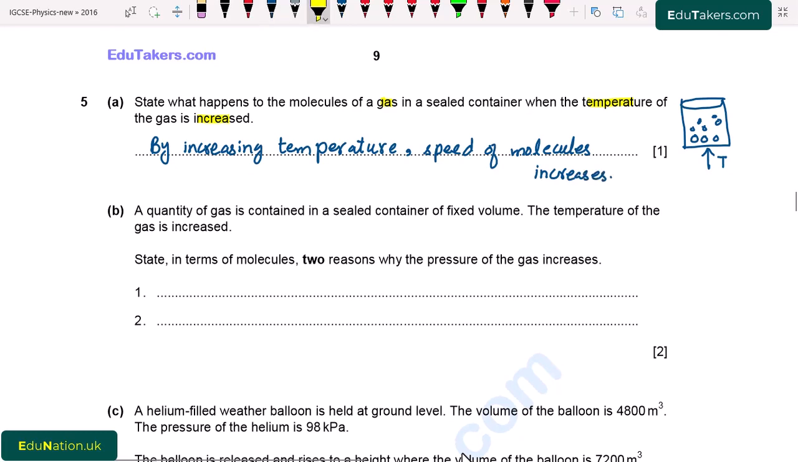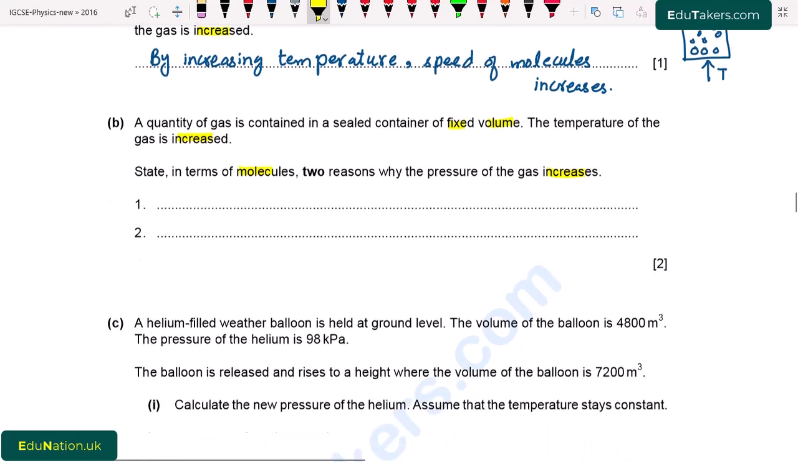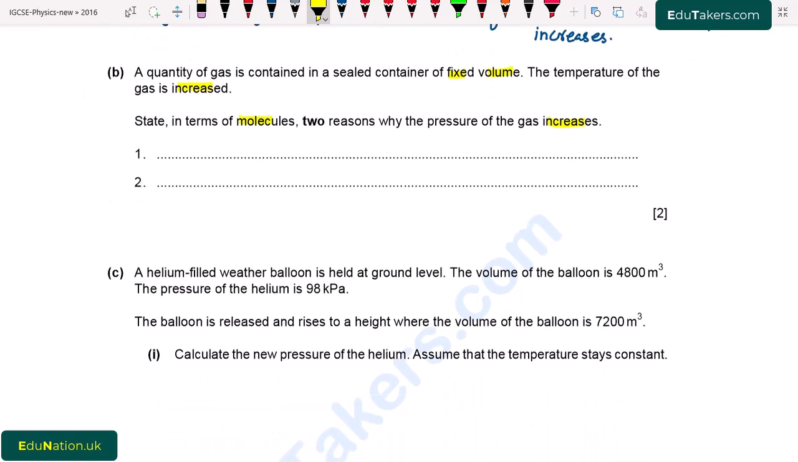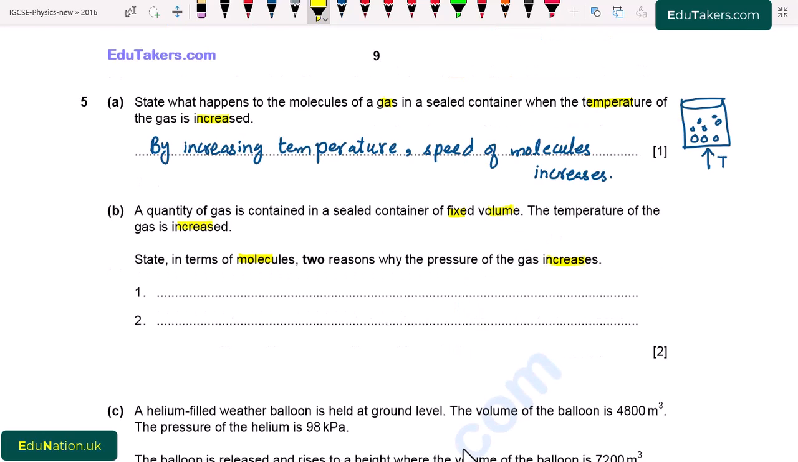Part B. A quantity of a gas is contained in a sealed container of fixed volume. The temperature of the gas is increased. State in terms of molecules two reasons why the pressure of a gas increases. So again, we have a fixed amount of gas in a sealed container and the temperature of the gas is increased. We have to explain in terms of molecules why the pressure of the gas also increases. So here we can see that